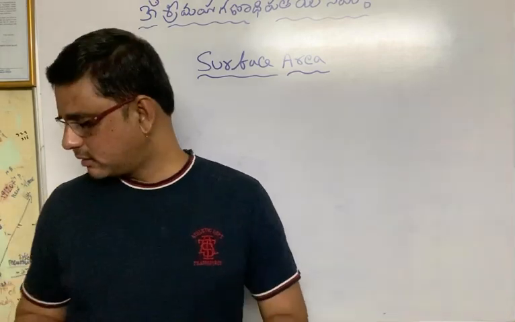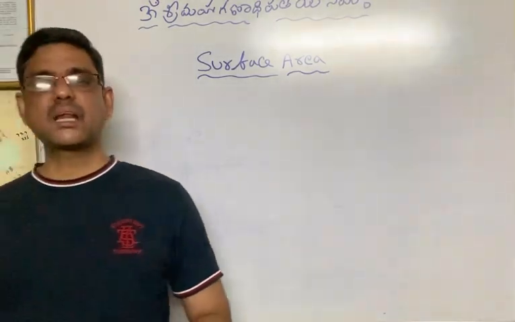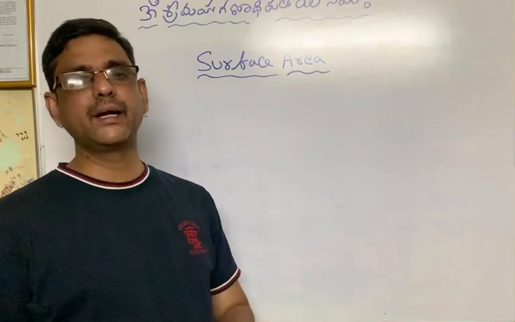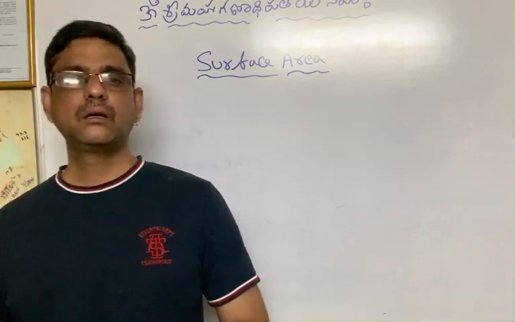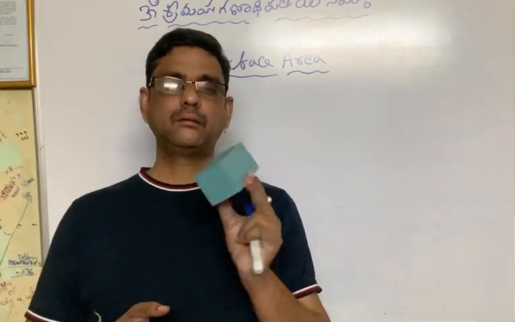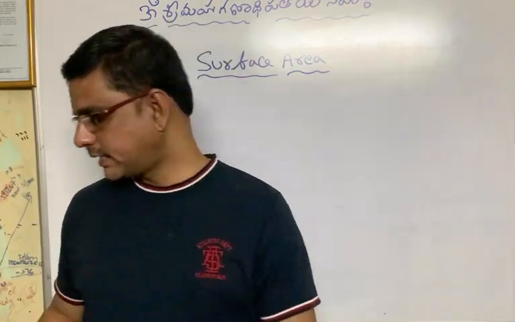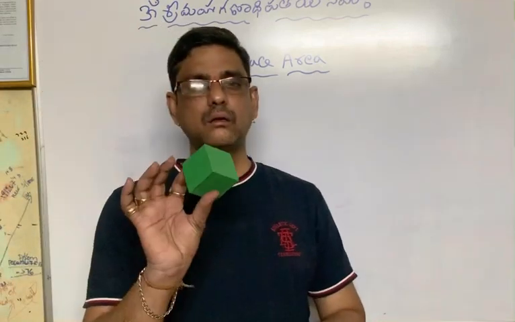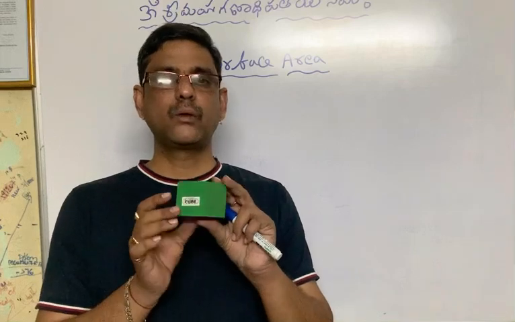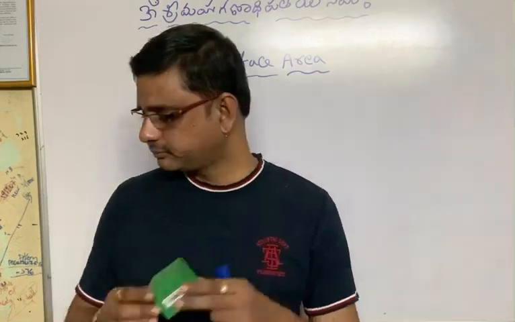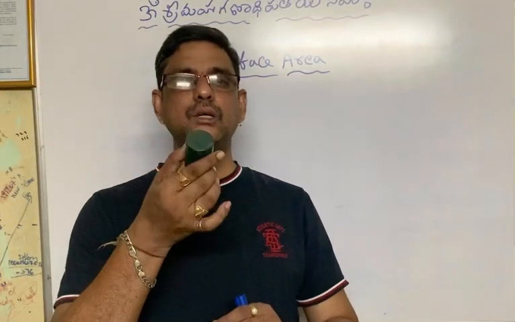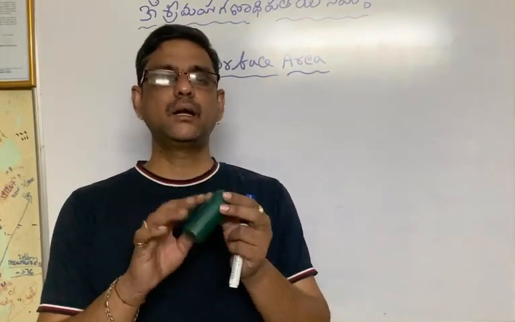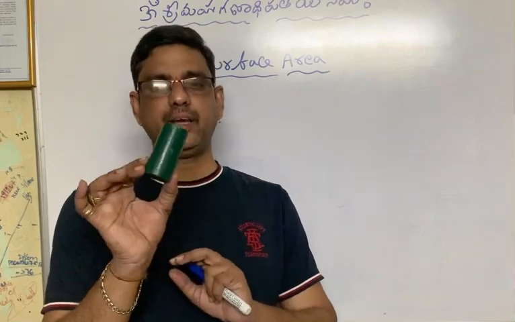So here in this class we are going to find out the surface area of 3 objects. First one is cuboid, this one. Second one is this one, and you know this one very well, cube. We are going to find out its surface area. Third one, cylinder. This is called cylinder and we are going to find out its surface area.